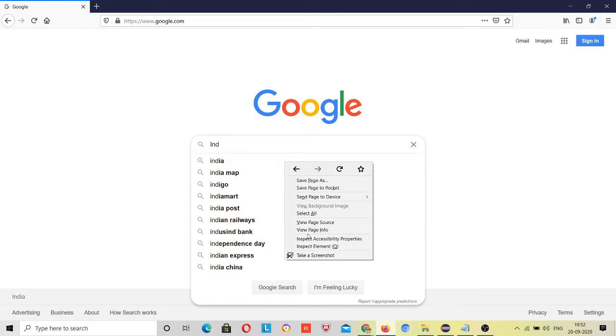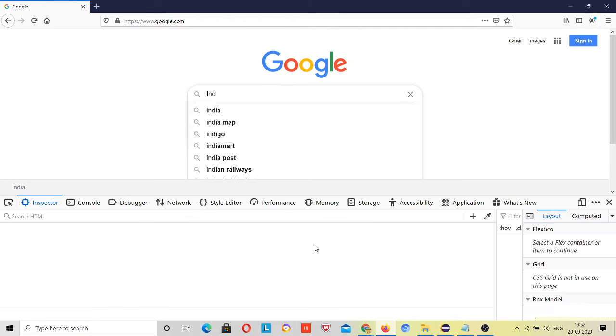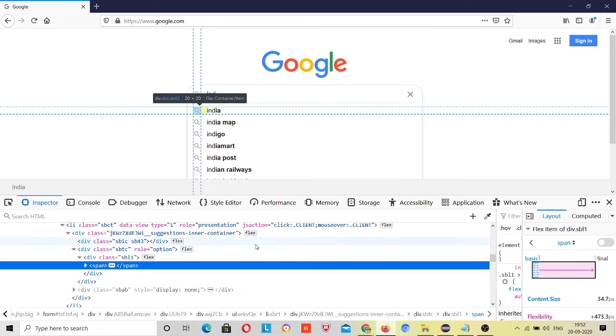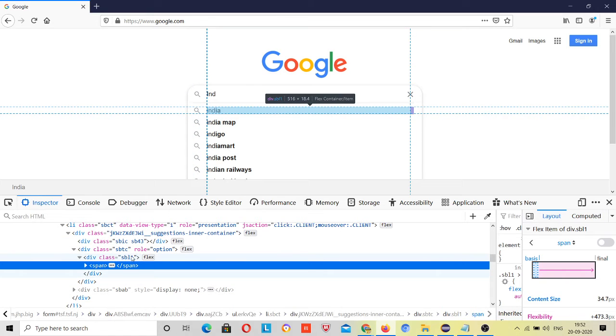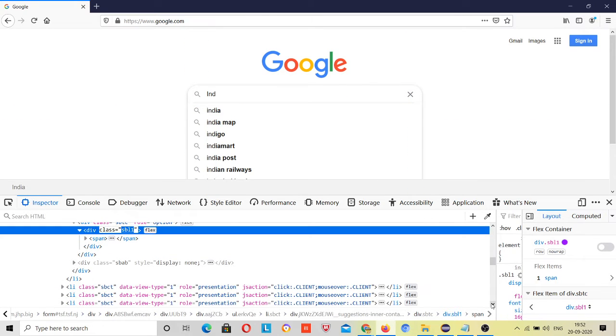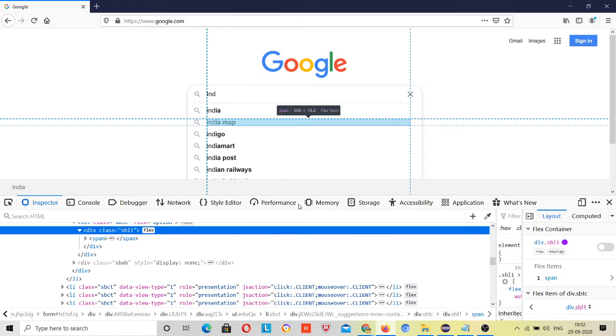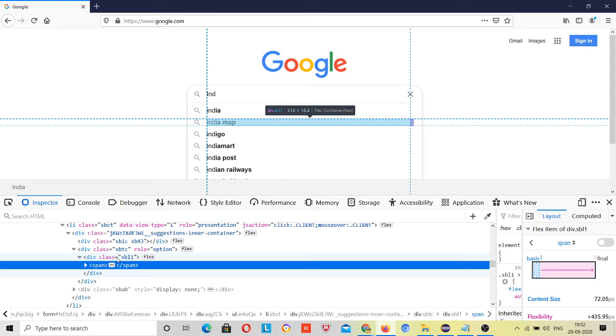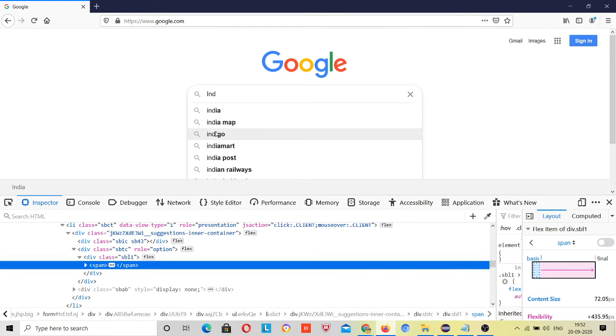Right click and inspect element. See, if I am here, the SBL1 class is highlighting this India, right? And if I want to inspect this India map, then see, the SBL1 class is highlighting India map also. So for every row, the SBL1 class is common.